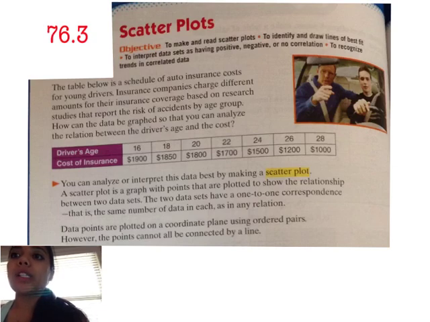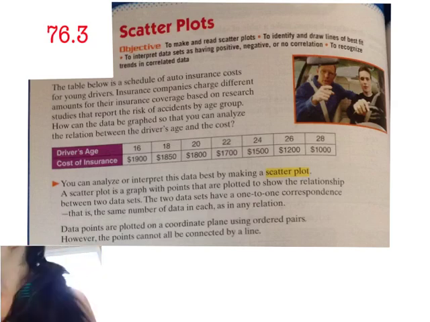The table below is a schedule of auto insurance costs for young drivers. Insurance companies charge different amounts for their insurance coverage based on research studies that report the risk of accidents by age group. How can the data be graphed so that you can analyze the relation between the driver's age and the cost? Okay, so